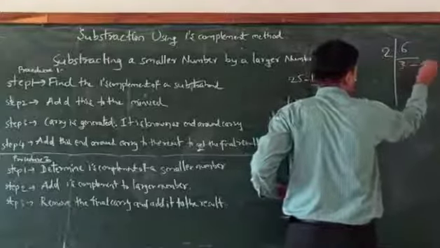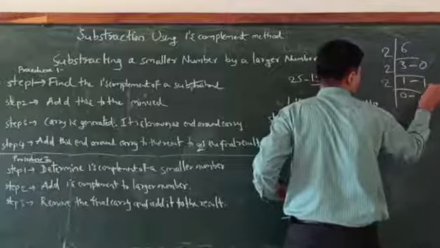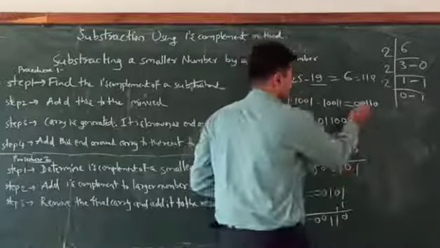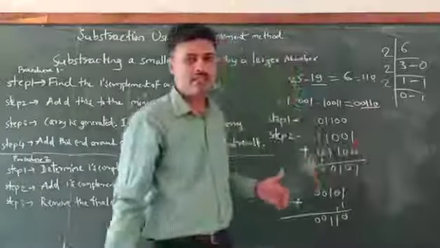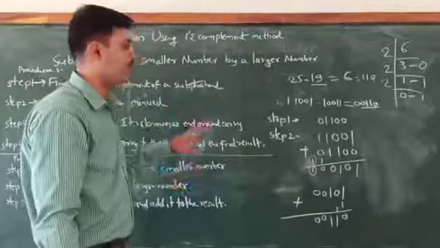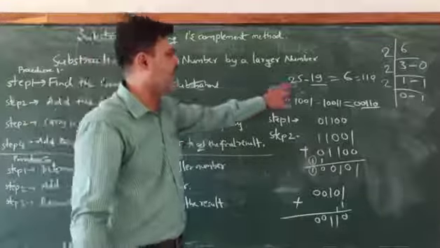2 3s are 0, 2 1s are 2. Remainder is 1 0 1. Answer will be 1 1 0. So answer is here 1 1 0. It is correct. First, in first step, we need to find out the ones complement of a subtrahend, that is